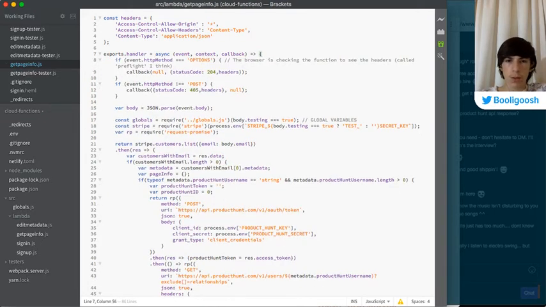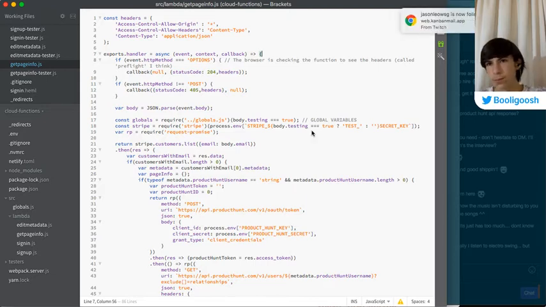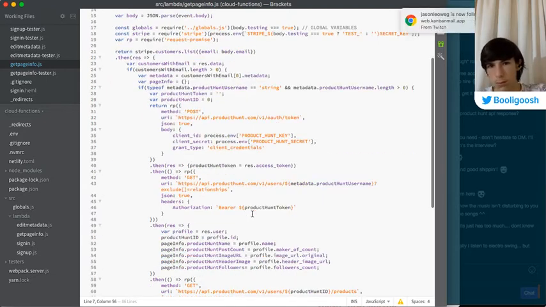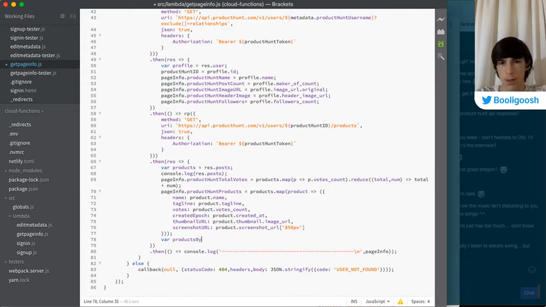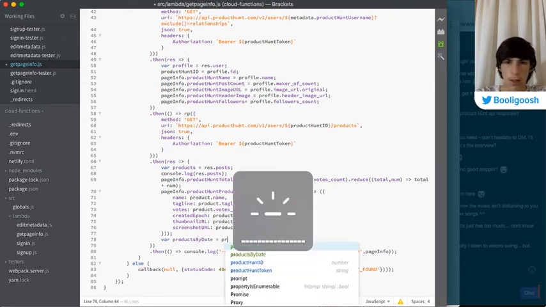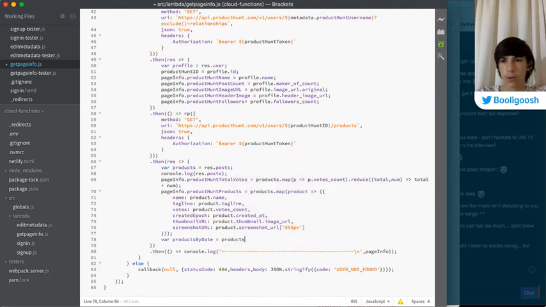Because what we can do is, if we sort them by date first, then by date, then we can just loop through and compare it to the one next to it.